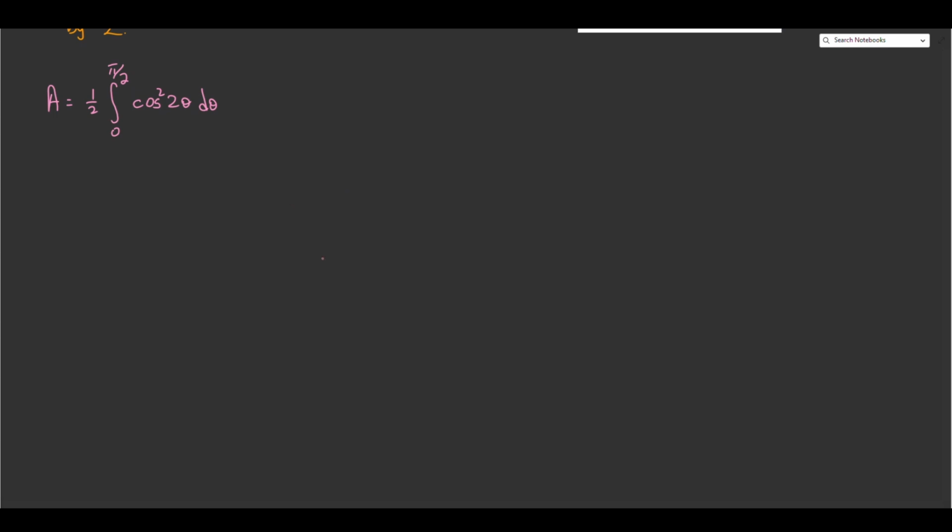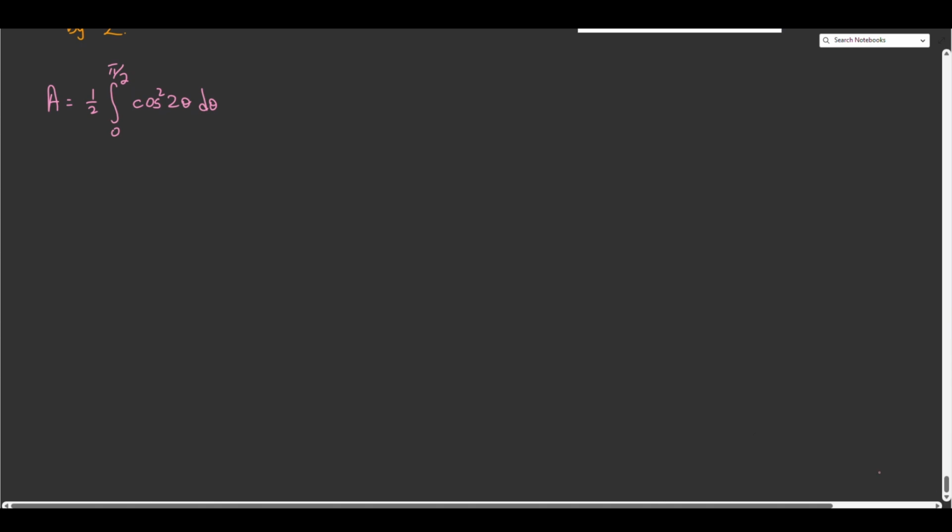We know that cosine square theta equals 1 plus cosine 2 theta by 2. So you have to replace theta by 2 theta, and then we get cosine square 2 theta equals 1 plus cosine of 4 theta